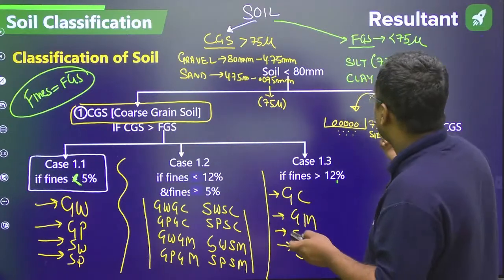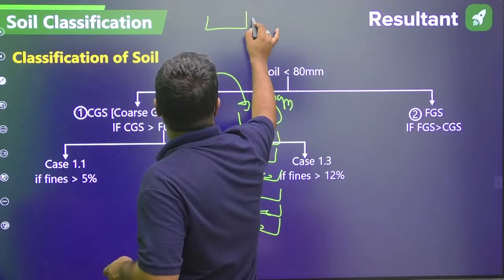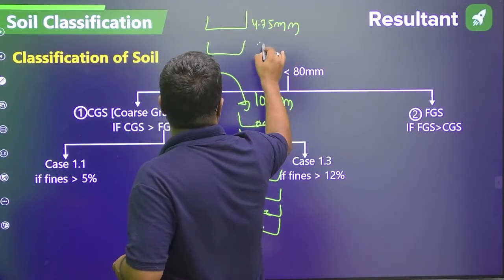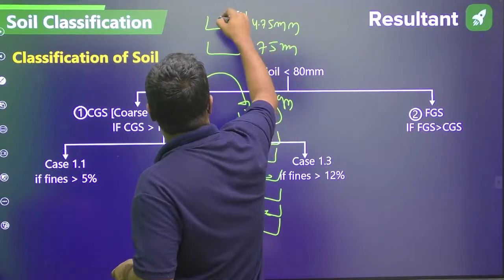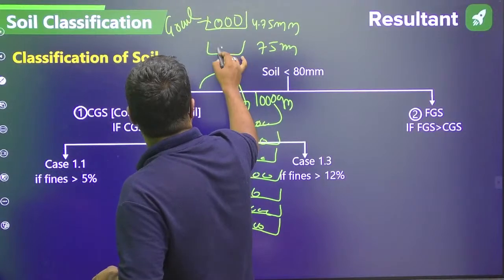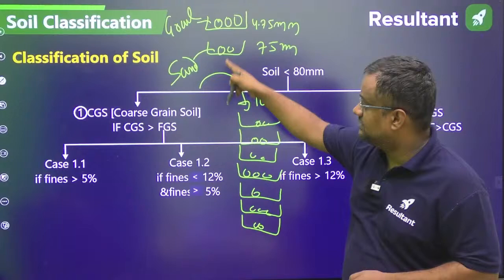Okay, suppose the coarse grain soil is there, and this is 4.75 mm, and this is 75 mm. So if you throw the soil, whatever is coming here, that will be gravel, and whatever is coming here, that will be sand. Greater than 4.75 mm is